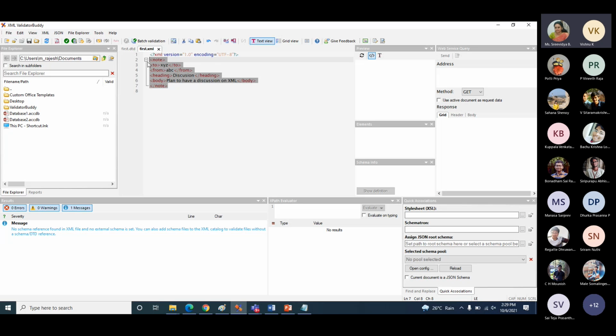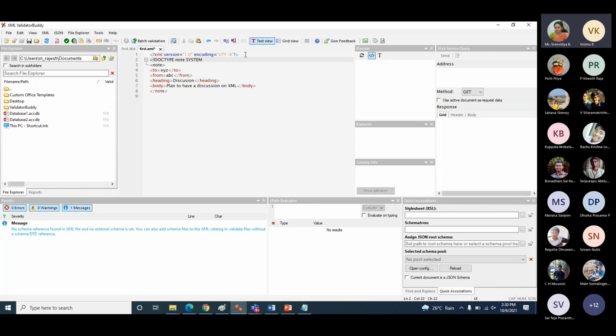Students, within the DOCTYPE SYSTEM declaration, after the first line, I should say exclamation mark, DOCTYPE, then the root element. The root element is note.